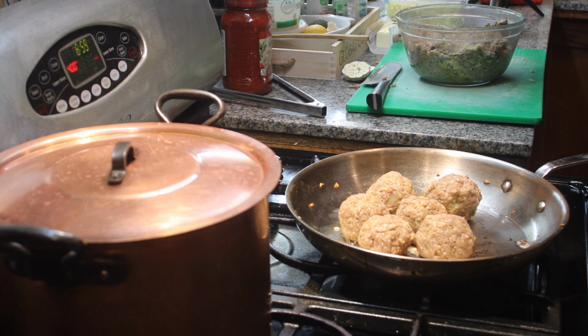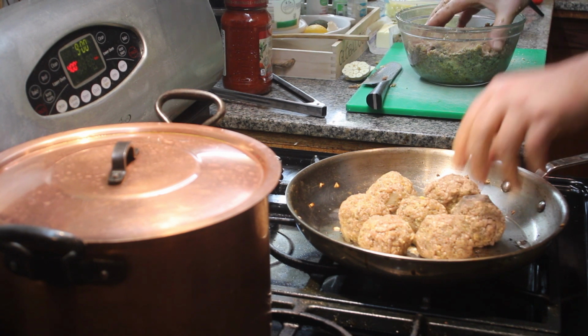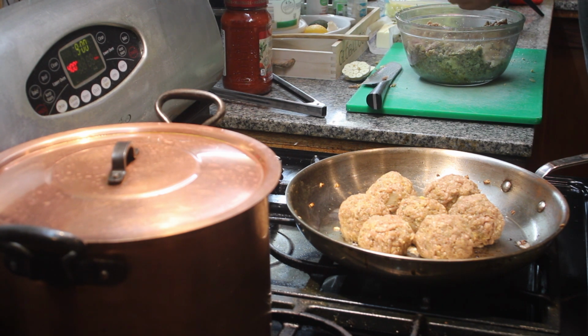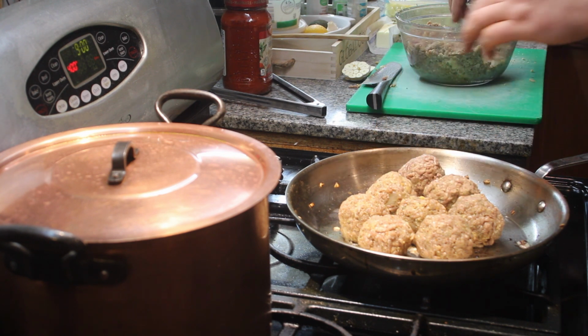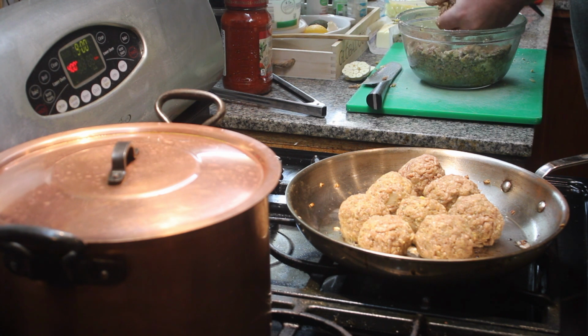What you're shooting for is 8 meatballs out of your 1 pound of ground beef, pork, lamb, or whatever you wanted to utilize. But you want to try to get 8 meatballs so that you can share those with the others in your family. Now, if you don't have 4 people in your family, feel free to take extra meatballs for yourself,